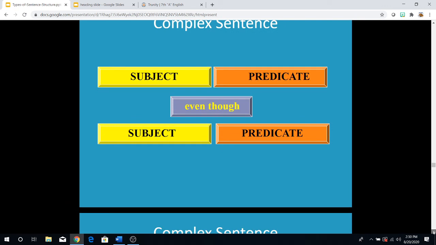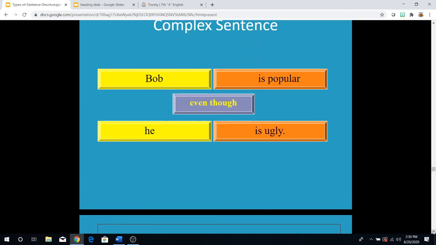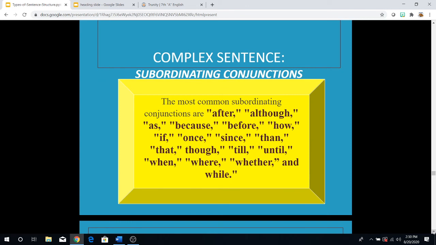Complex sentence using even though. Sorry, I read that wrong. I'm going to reiterate it. Bob is popular even though he is ugly. So, complex sentences have what we know as